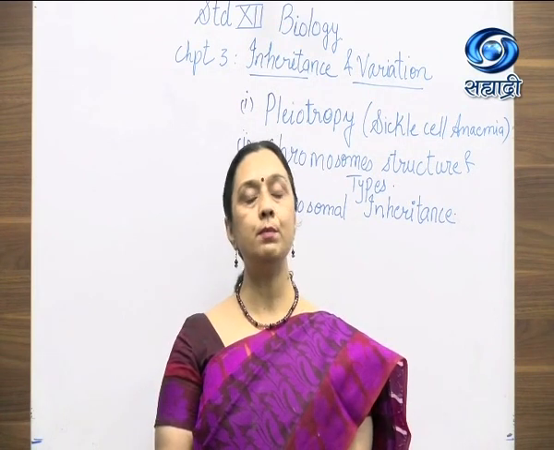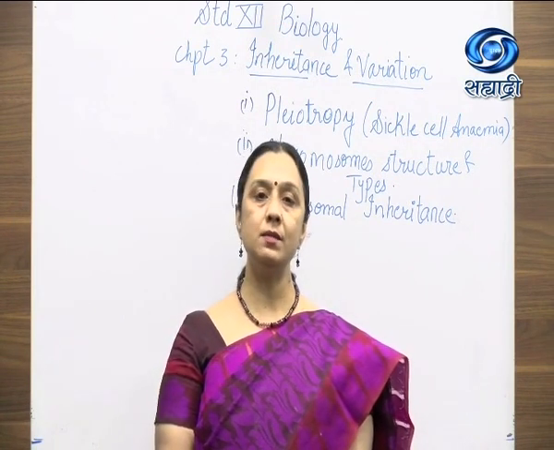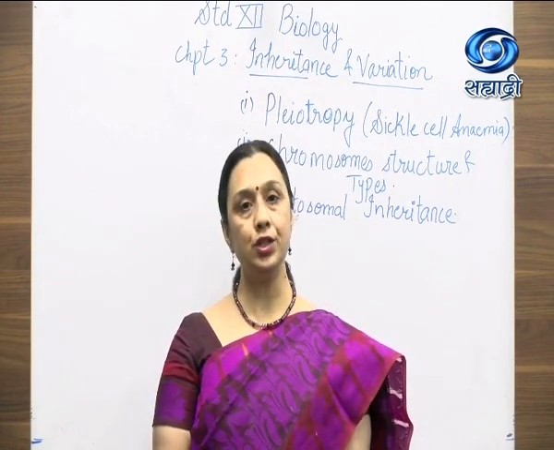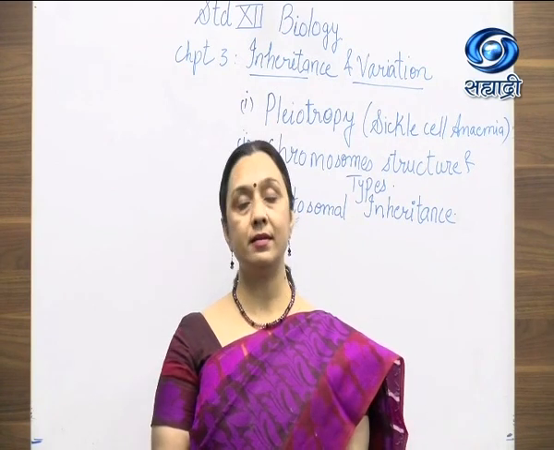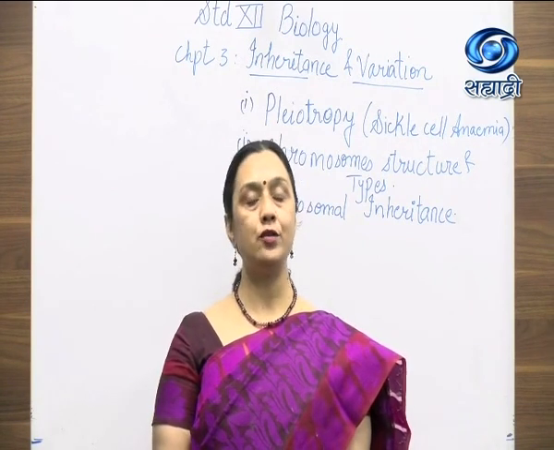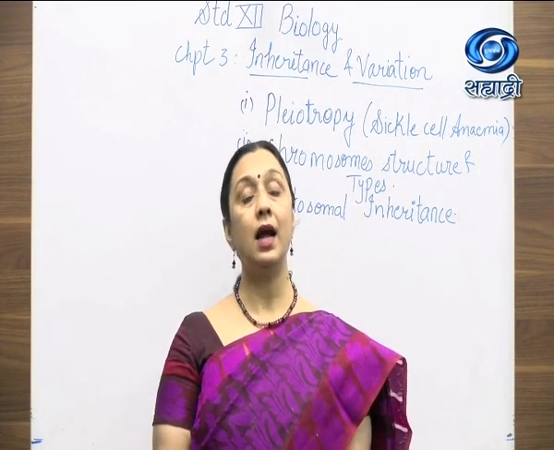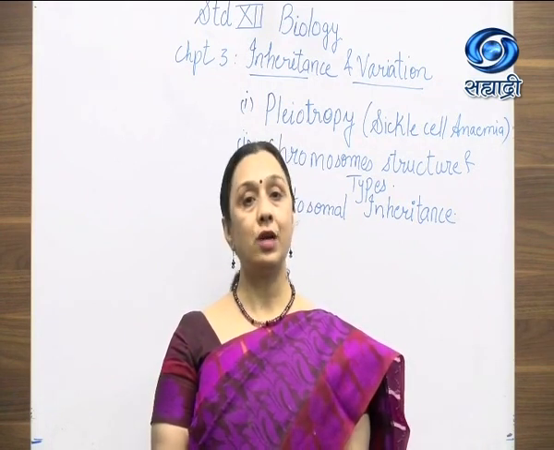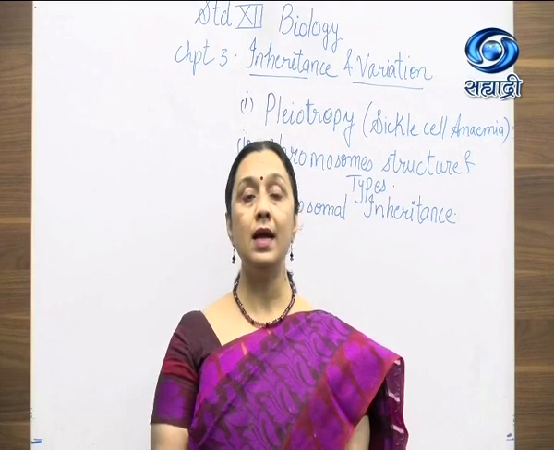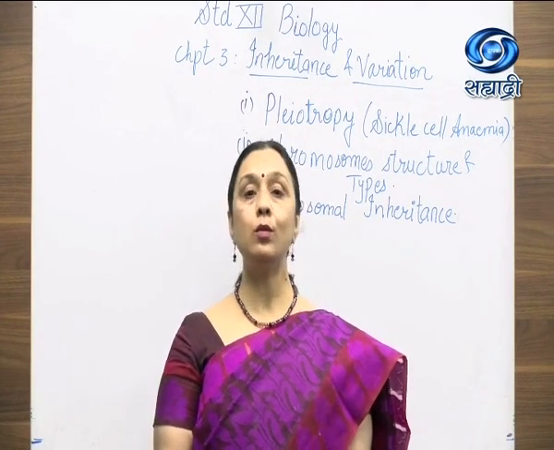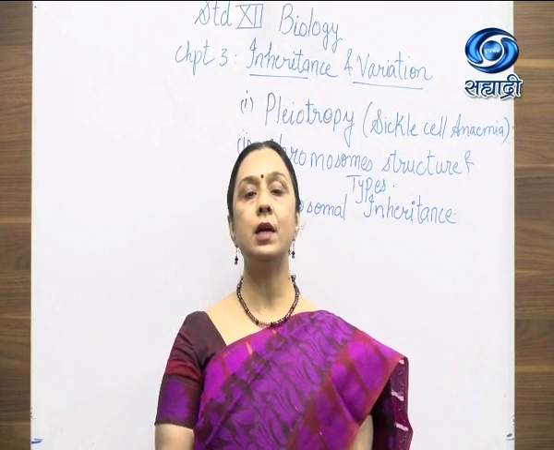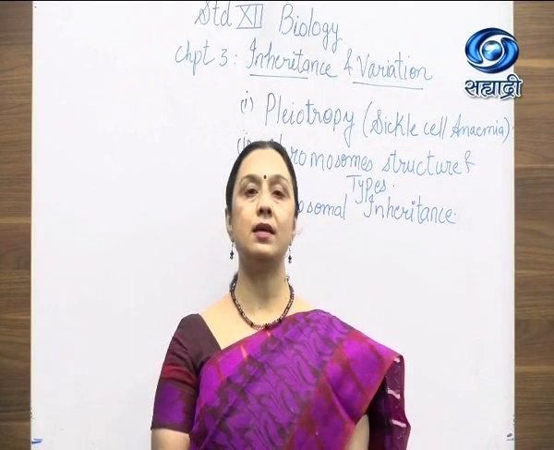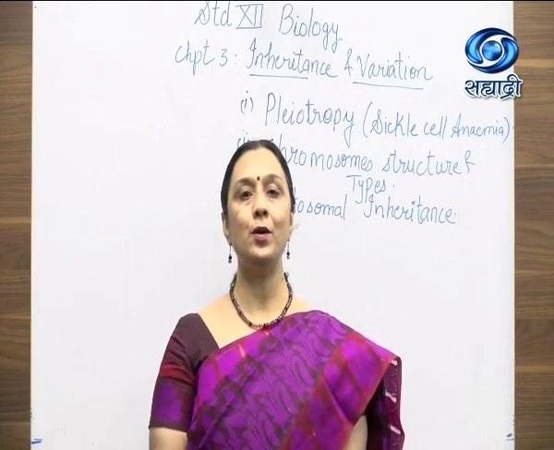If you remember, we had just started with pleiotropism. So what is pleiotropism? Here we are going to study the example of sickle cell anemia. Here there is a single gene which is going to affect many characters. So we will study pleiotropism with the help of sickle cell anemia and its inheritance in detail today. Along with that, I will be teaching you the structure of chromosome, types of chromosome, and distinguishing between X and Y chromosome. And after that, we'll study a few autosomal inheritance patterns. So let us begin with our PowerPoint presentation.